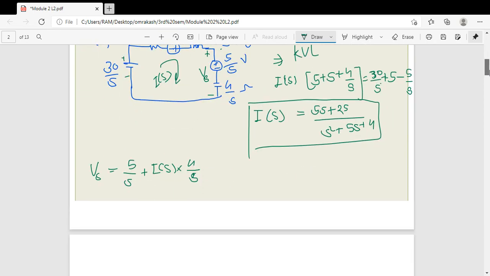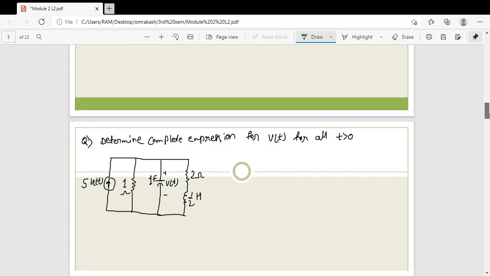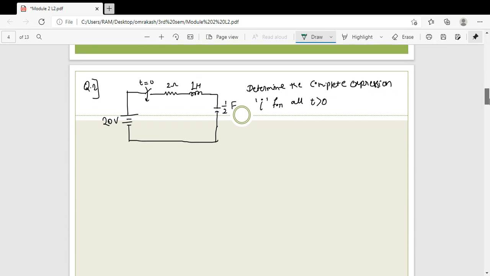Okay. Now in today's class we mainly discuss the question which I gave you as homework, because from 8th November your MSc will start, right? So in that MSc, whatever topics I take this month, all of those topics will be there. So you have to practice four questions. Now see, this is a very simple question. I hope you solved it. Now determine the complete expression for this current for all values of t greater than 0.